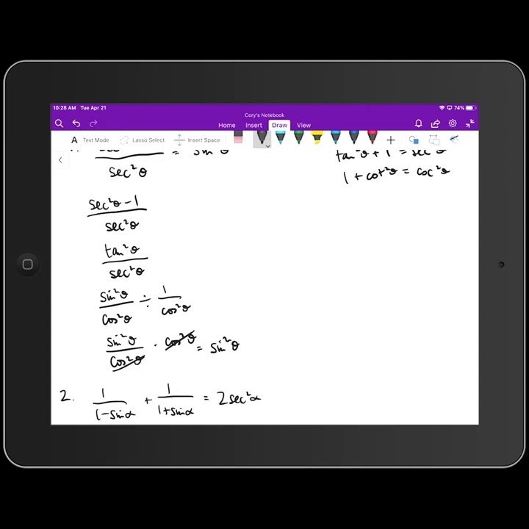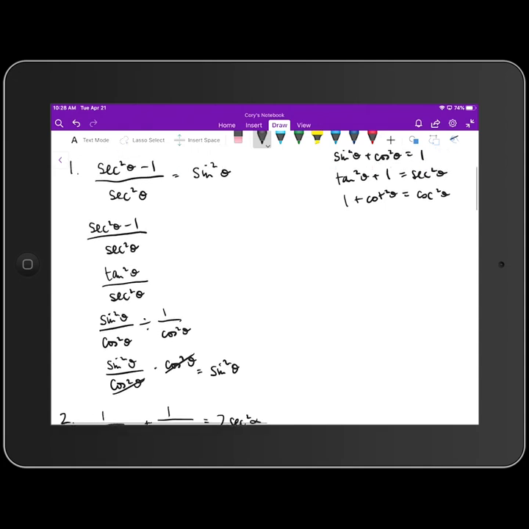Okay, so that's one way of verifying that identity. And as I mentioned in the last lesson, you guys only have to find one, but in a lot of these instances, you have more than one way that you can go through and verify the identity. So let's take a look at a second way that we could verify this identity in particular. So we have secant squared minus 1